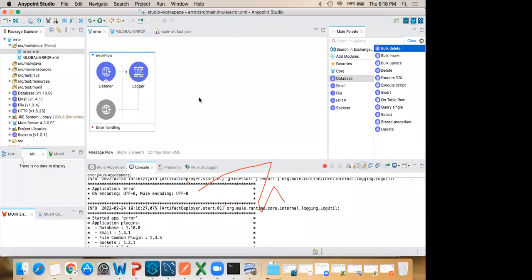Do we have the feature for MuleSoft? Sir, your voice is not audible. One second. Can you hear me now? So do you have a feature for MuleSoft? Yes, of course. There is no competitor for this up to now. That's why there is huge demand in the market. Sir, what about Salesforce? Salesforce has taken MuleSoft. Salesforce is a different company and MuleSoft is different. So is there any clash between them?